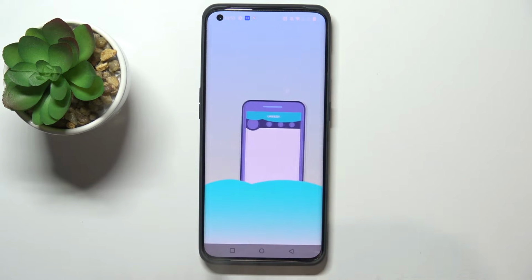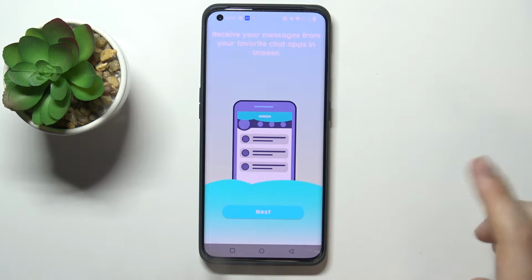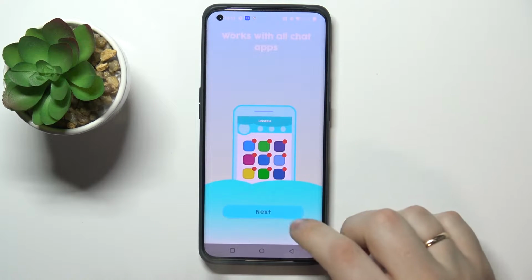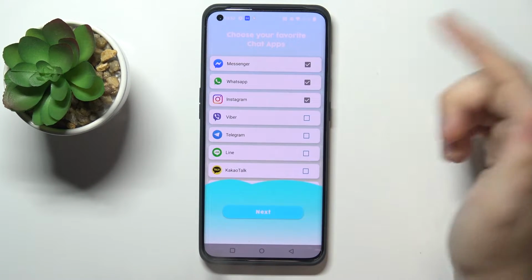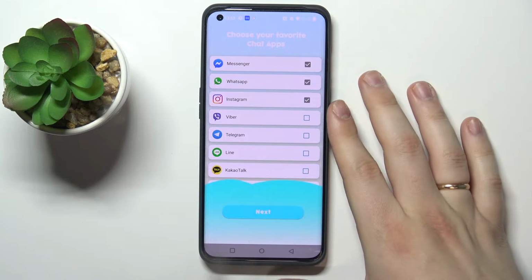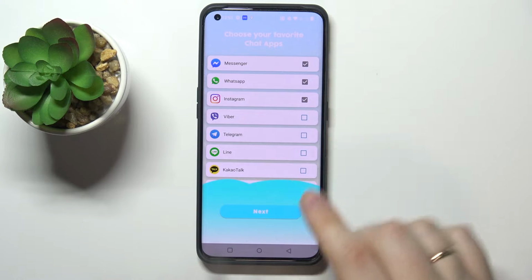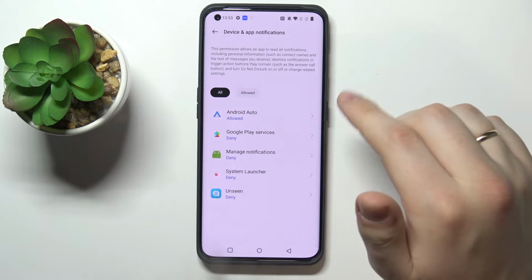So the first time we launch it, it gives us a little startup first launch instruction. Here just press on next, choose the messengers that you would like to link this app with. I'll just stick with the standard set of Messenger, WhatsApp and Instagram. Click on next, give some permissions to this app by